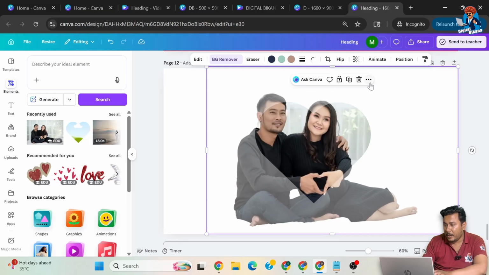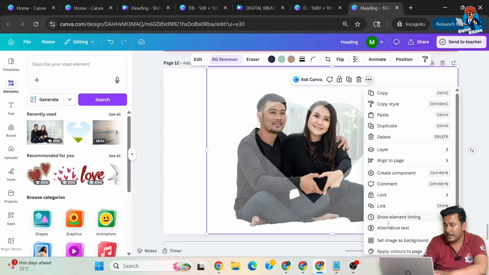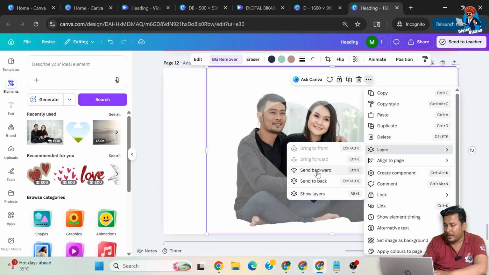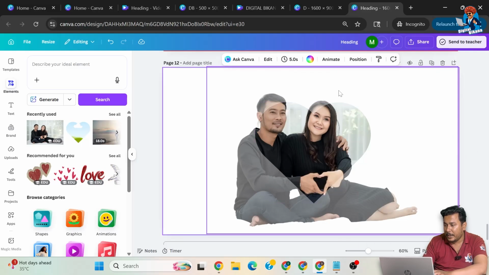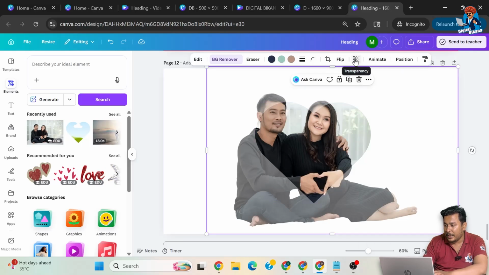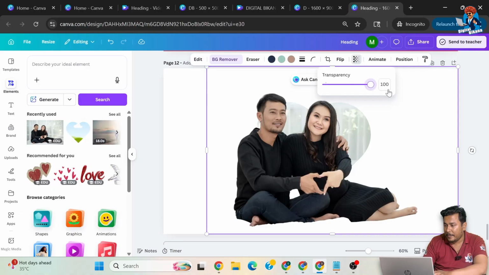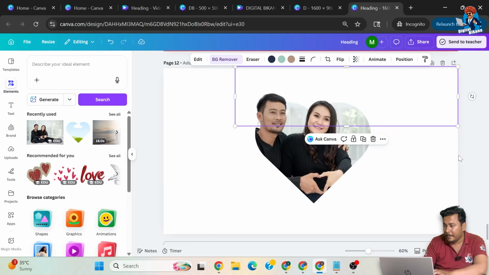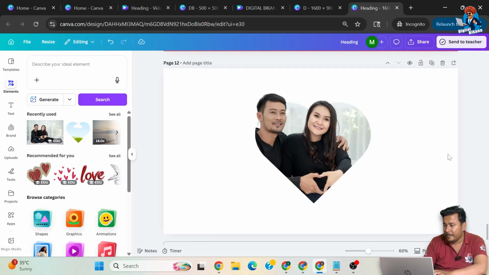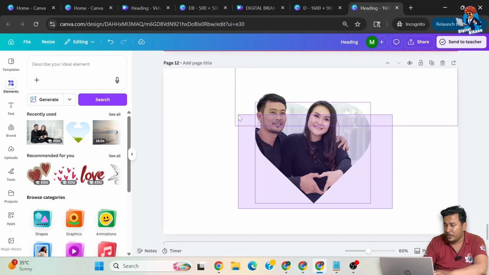Okay, now we are just going to send this image backward, the layer, send backward, right? And now we are just going to select this and decrease the transparency, right? Okay, it's done. So in this manner also you can